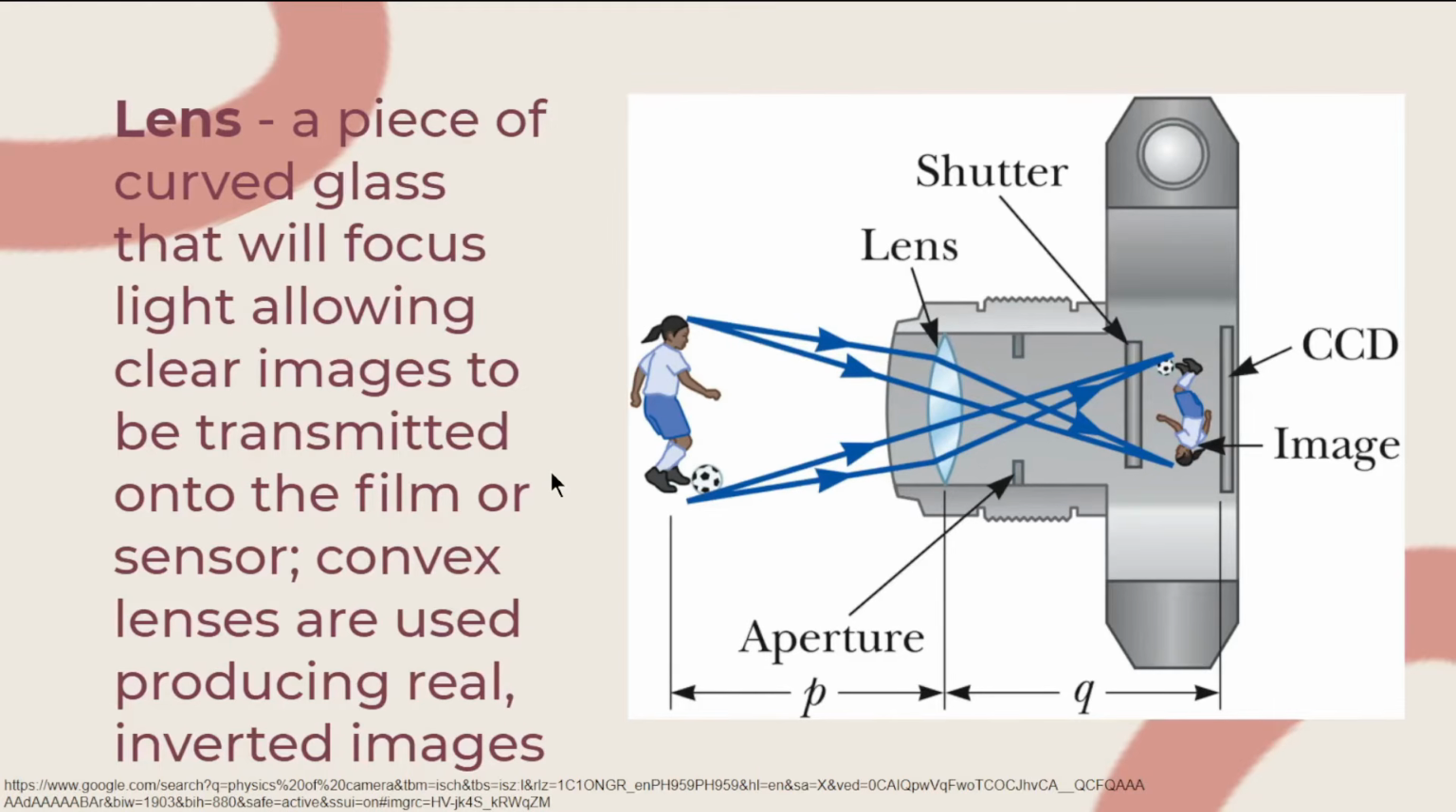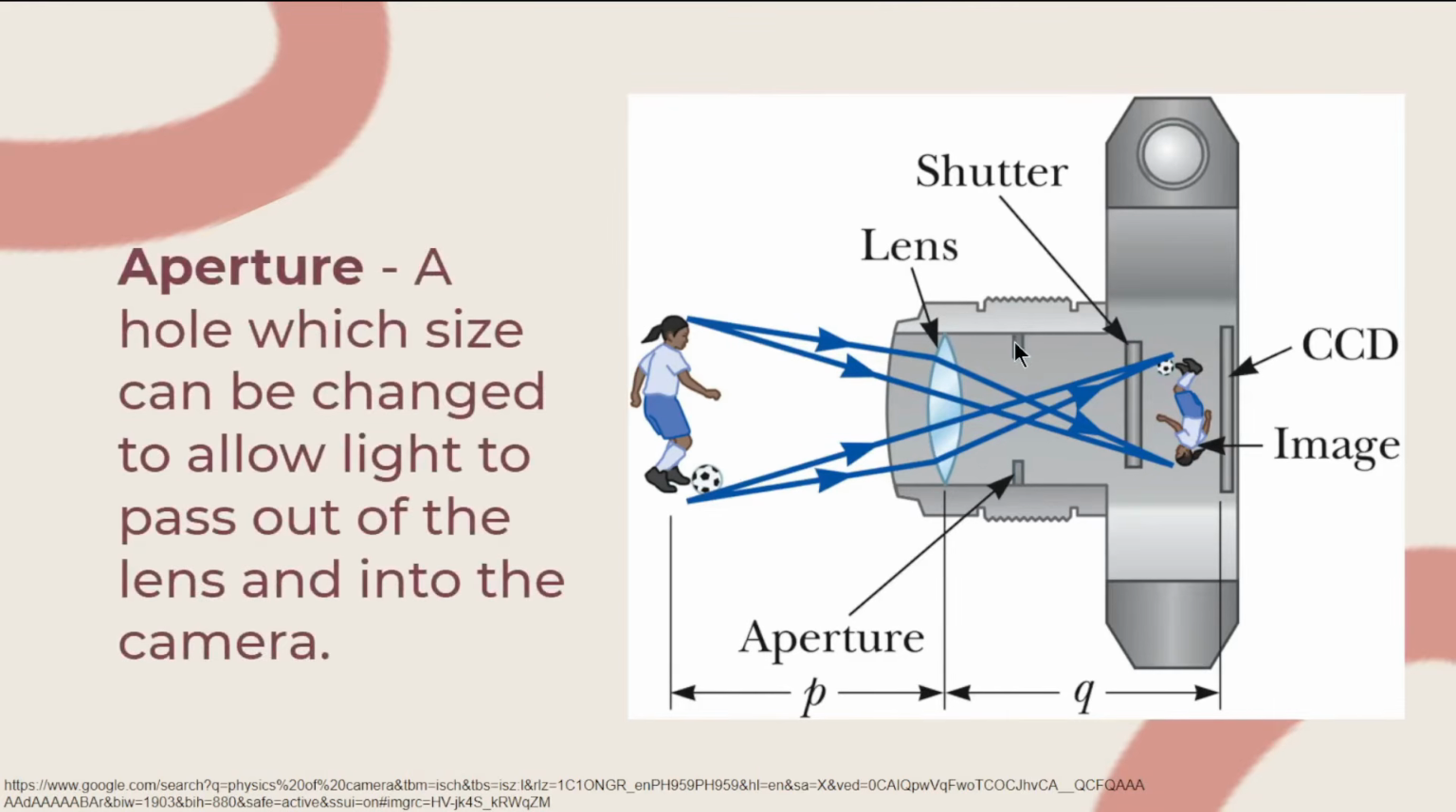So we also have the aperture, okay? So, itong mga term na to ay familiar siguro sa mga laging gumagamit ng cameras. It is a hole wherein the size can be changed to allow light to pass out of the lens and into the camera. Of course, the aperture would change depending on the amount of light needed for the image. Kasi may mga image na masyadong maliwanag yung light sa labas, may mga image na masyado namang madilim,